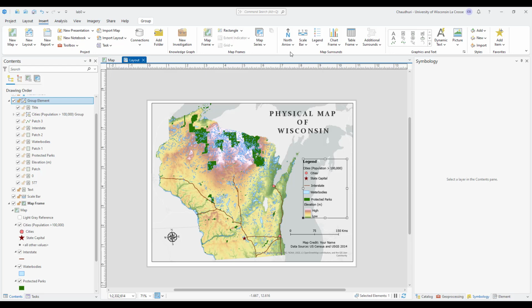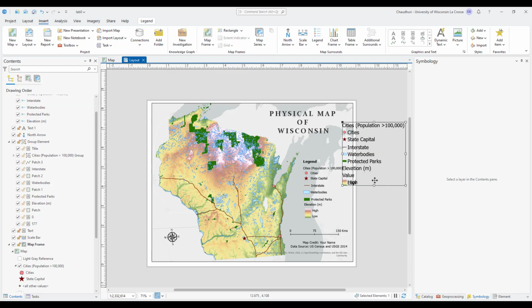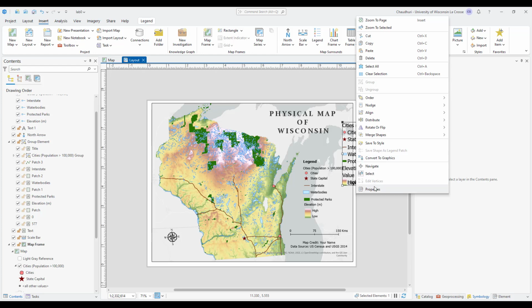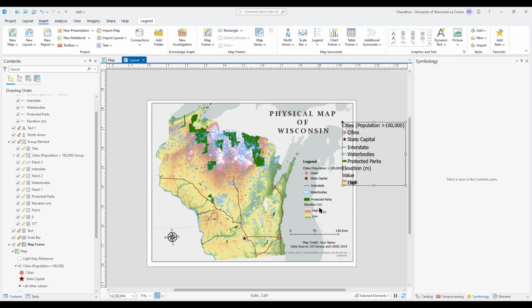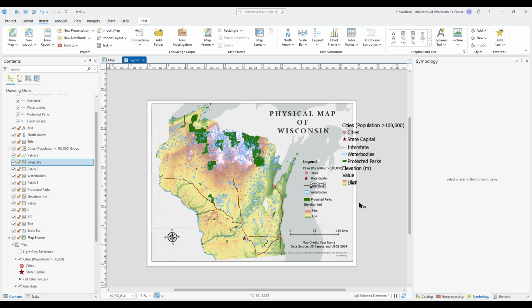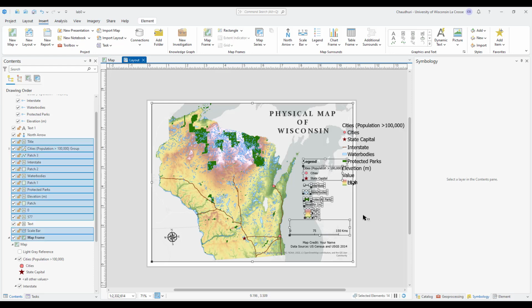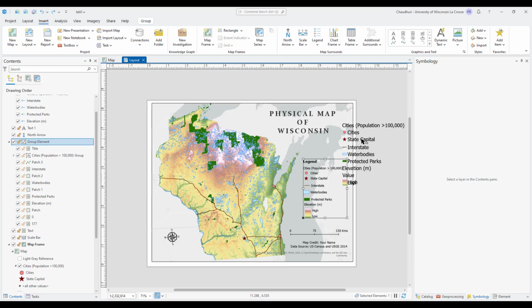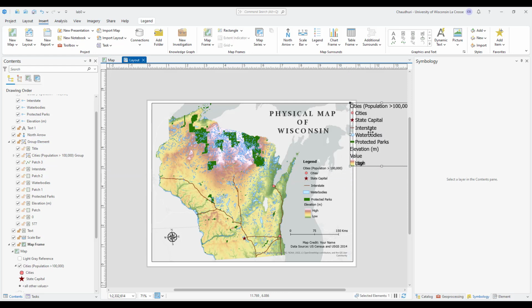But let's say you insert a legend like this, and you can right-click, convert to graphics. It converts everything into individual graphics, and then you can actually ungroup and select each of them and delete or move around as you want. Okay, another thing: before you convert into graphics, you should remember converting into graphics should be the last possible option. If you don't need to convert into graphics and you are good to go, do that, because there